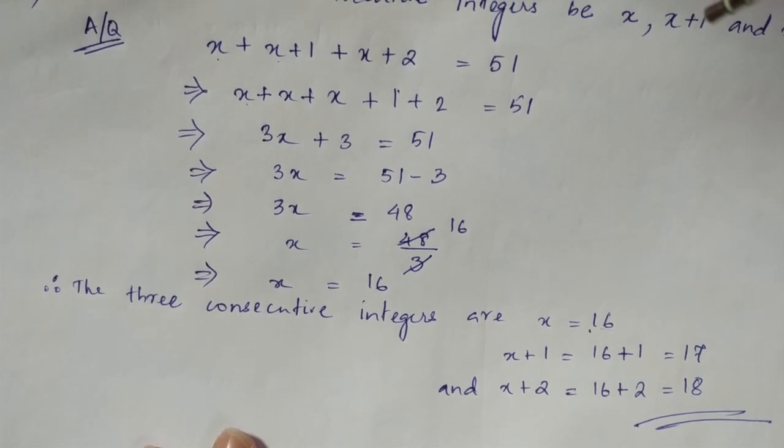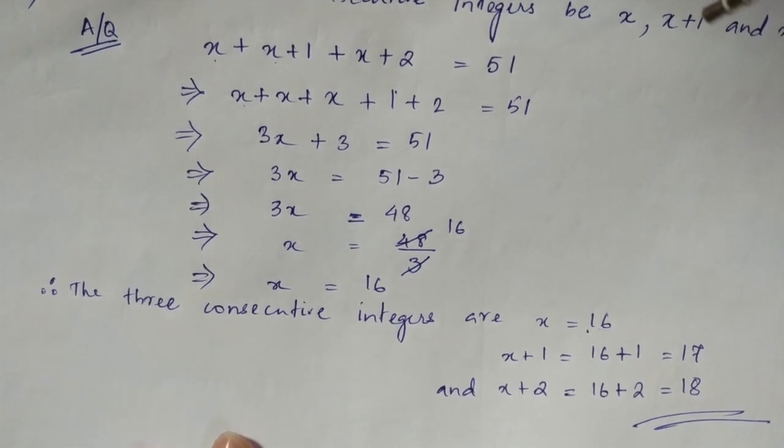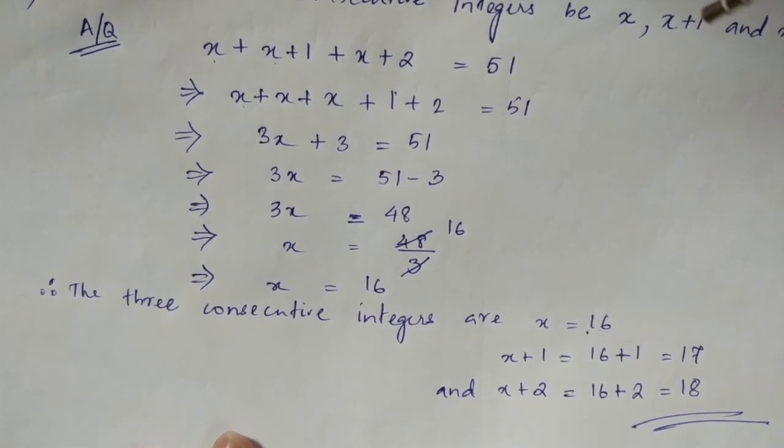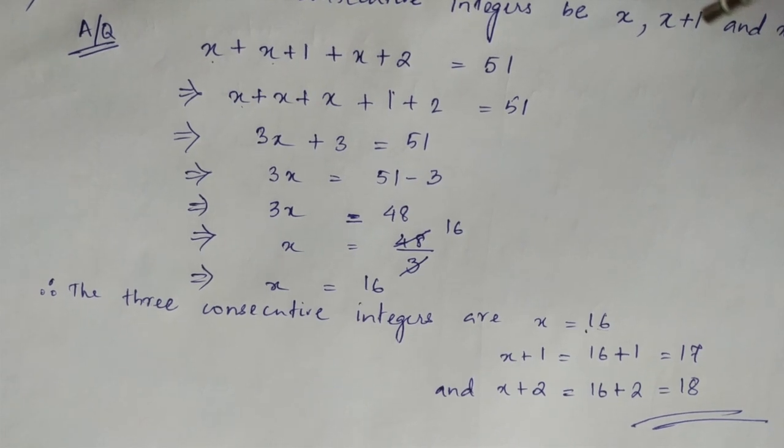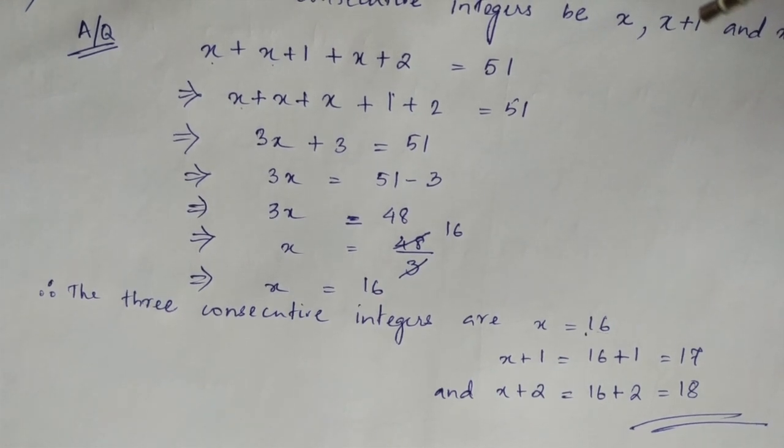Okay. Now students, question number 7 will be your homework. I'll write it down at the end of the video with your homeworks. But question number 7, I want you to try by yourself. It's similar to this. It's about the multiple of 8. So please try solving it. Now we will move on to question number 8.